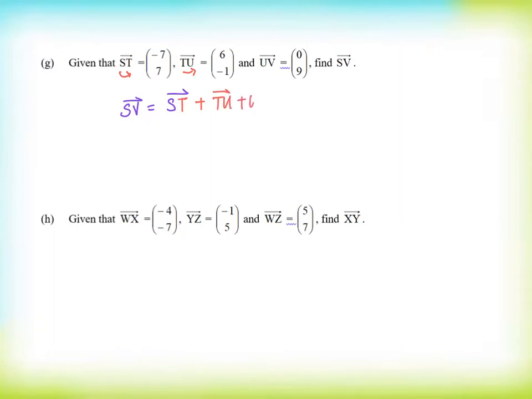Now I'm still at the location U. Where can I go to? Location, final destination V. So in this case, let us add up all the different vectors. S to T and T to U plus U to V. And that will give us a total of